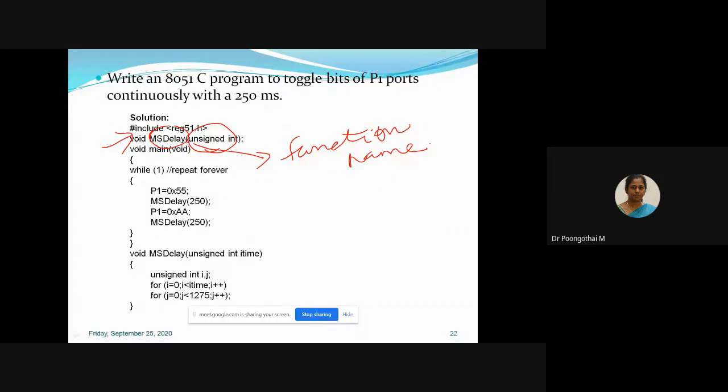Inside my main function, I am moving 55 to P1 and calling this delay function, which will generate a 250 millisecond delay. I will explain that. Next, moving AA to P1 and generating a 250 millisecond delay. Here I am passing the value 250 to this function.